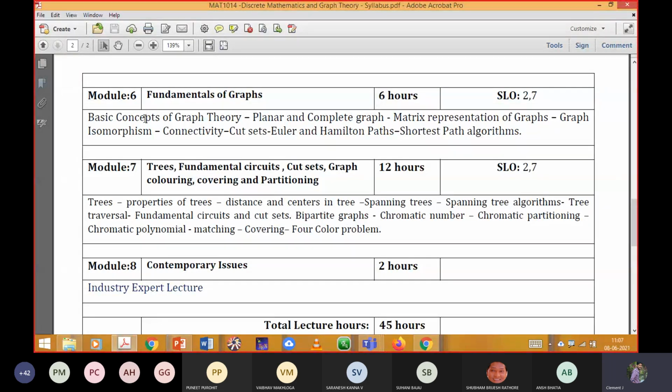What I have planned is to complete module 6 and then module 7 in the same series, so that you will understand what is exactly correlated with the other topics. If some topics are in module 6, certainly they will be correlated with module 7 also. So I should not leave a gap before discussing module 7 topics. Better to have a continuous discussion between module 6 and module 7, so we can complete quickly.